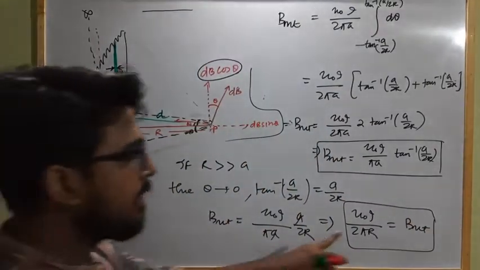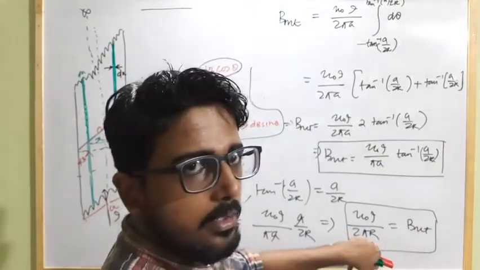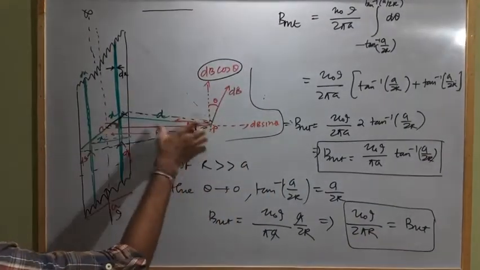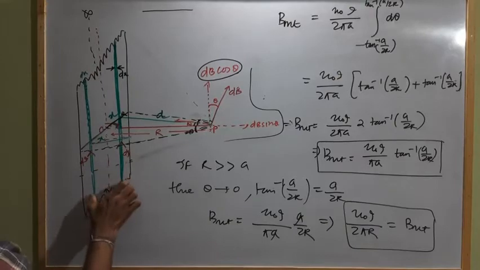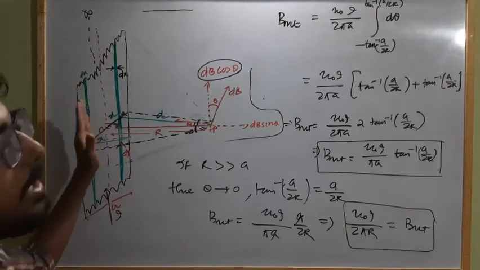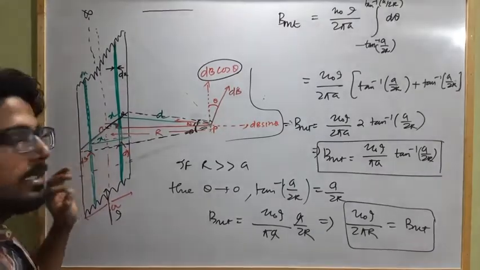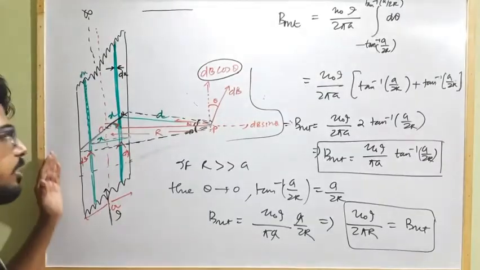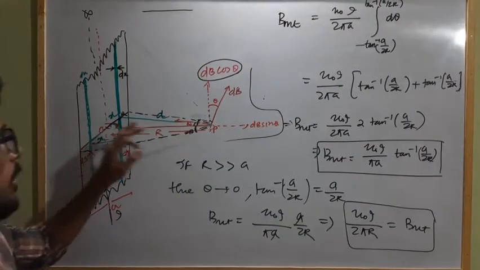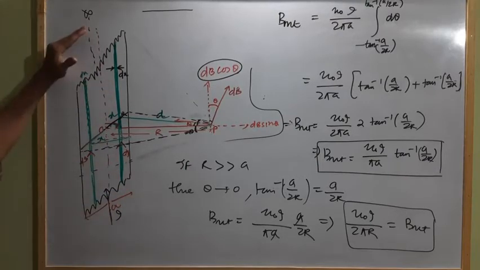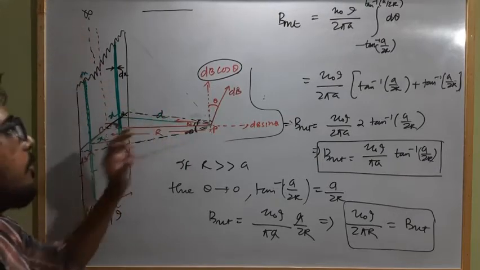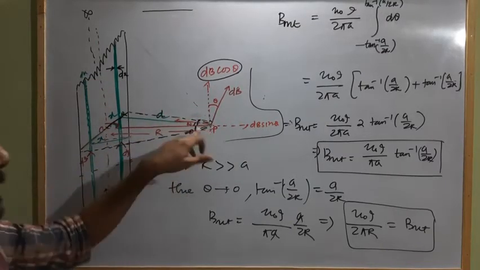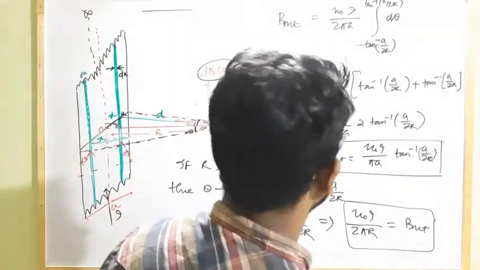For an infinitely long straight thin current carrying conductor at a distance r, the magnetic field strength will be this much. So if r is very large in comparison to the width of this flat strip, then this width behaves as a thin current carrying conductor for the point of observation, and the magnetic field strength will be this much. Clear? So now you can calculate the magnetic field strength due to a thin sheet of infinite length at any perpendicular observation point on the perpendicular bisector of this thin sheet. Clear? And the direction you can calculate by using the right hand thumb rule or right hand palm rule.